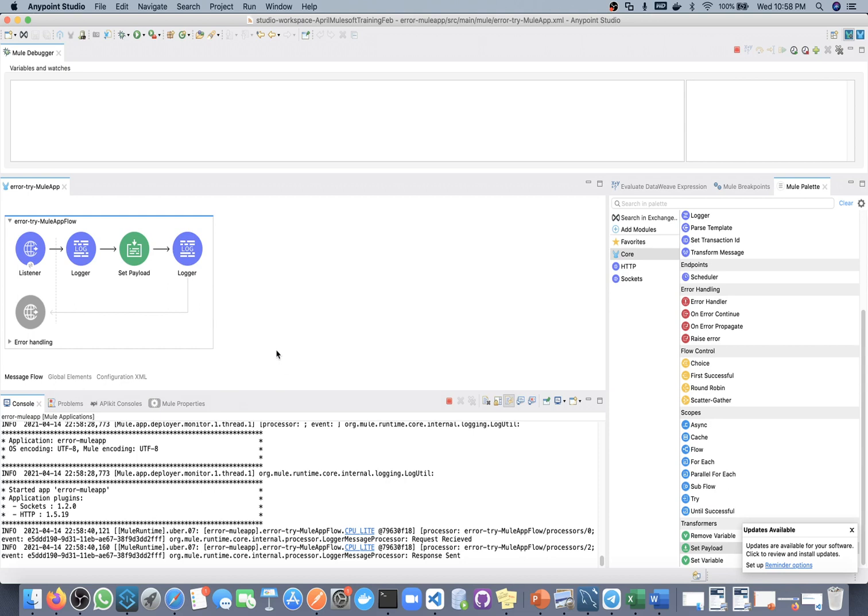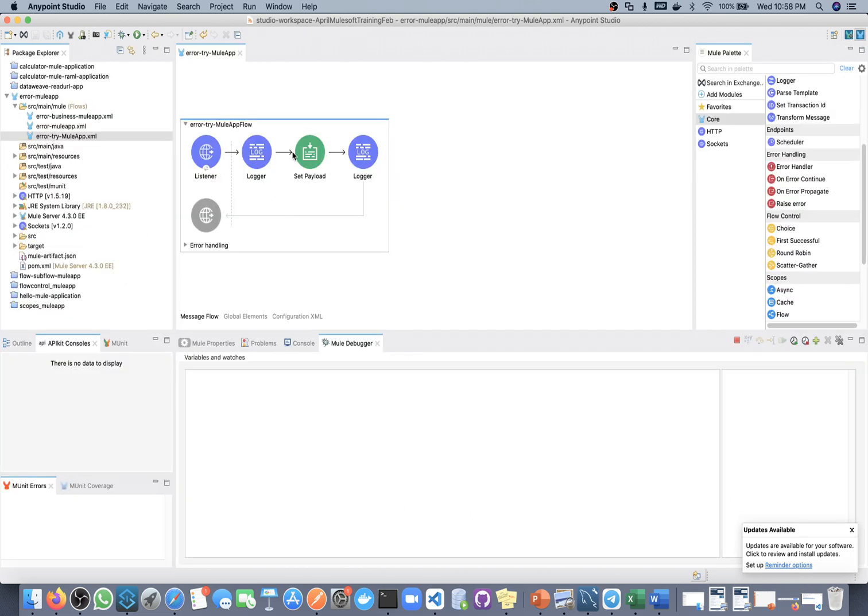Now what I want, if there will be error in our main flow, so this is our main flow, if there will be error in this flow for some particular activity, or maybe there is a set of activity, I don't want to stop my further processing. For example, here we are doing some processing that is less critical. Even if that processing will not complete, it will not impact our API task.